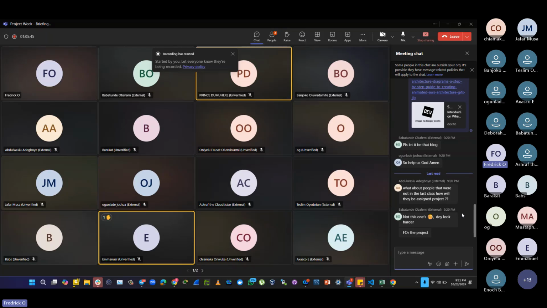Do you understand? For each of the projects or things we've taught you, each of the services we've taught you, we created one or two simple projects on it. When we touched IAM, we did some projects on it. When we touched EC2, we did something on it. When we touched S3, we did a project on it. When we did RDS, we did a project on it. When we did R53, we did a project on it as well. You understand? We did the same thing too on CloudFront. So you can create a documentation, step by step, on each of those services, or you can create a project like what we are teaching you guys now that is going to put together all those projects.